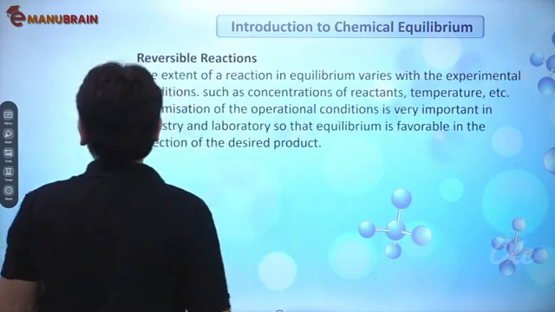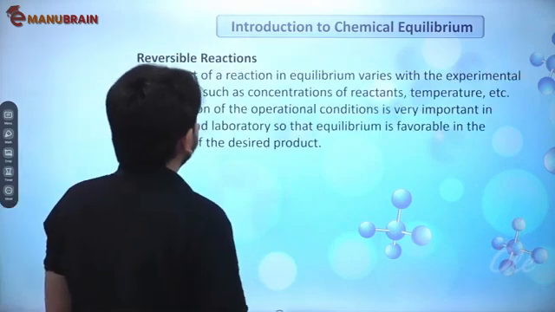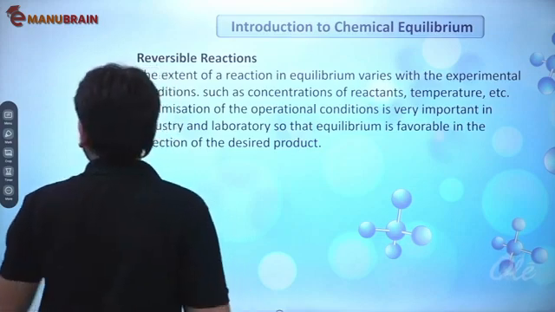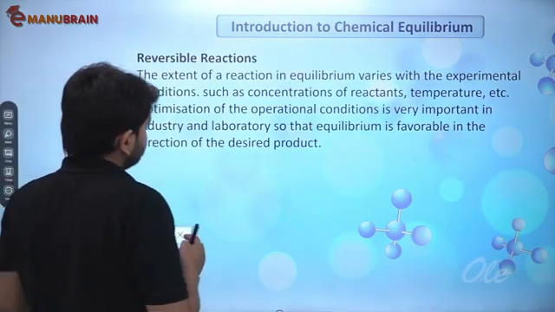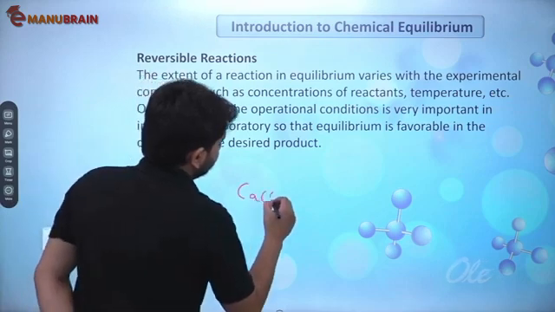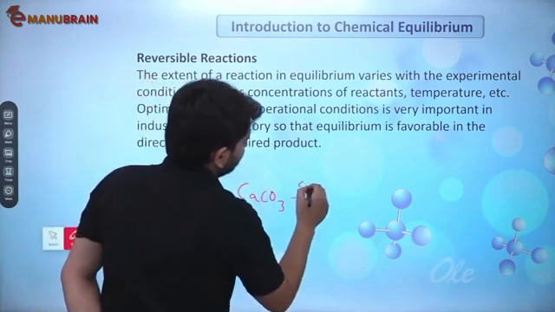All right, so for reversible reactions, the extent of reaction in equilibrium varies with experimental conditions. So for example, if you have CaCO3 and you give it a little bit of heat,